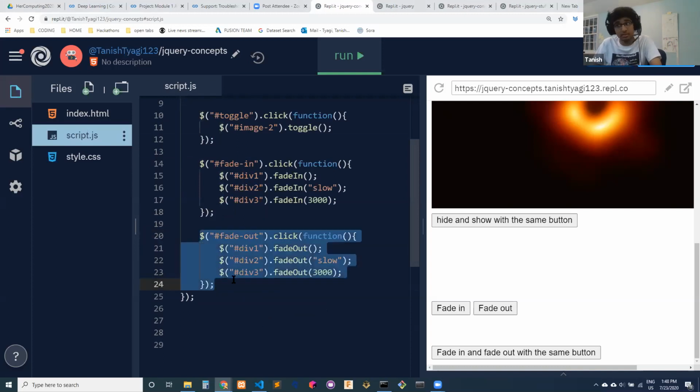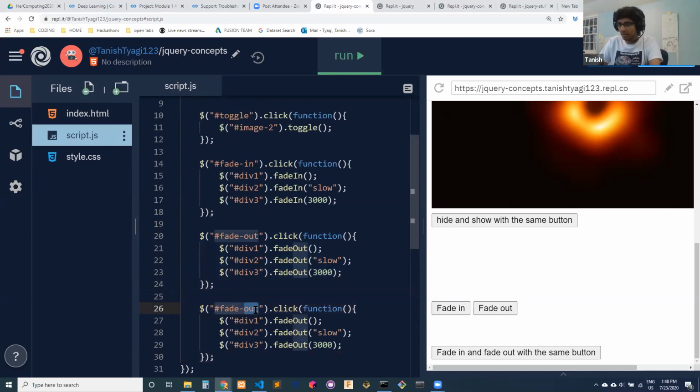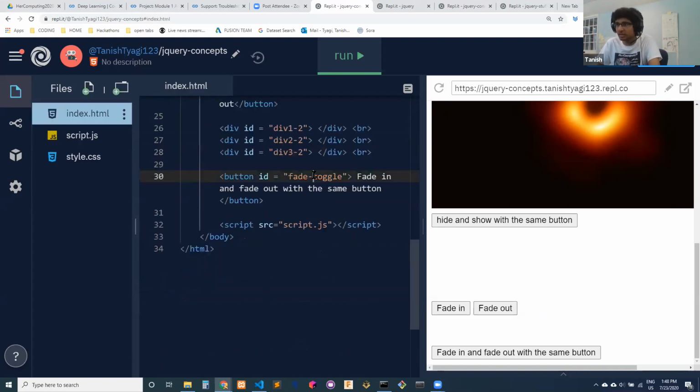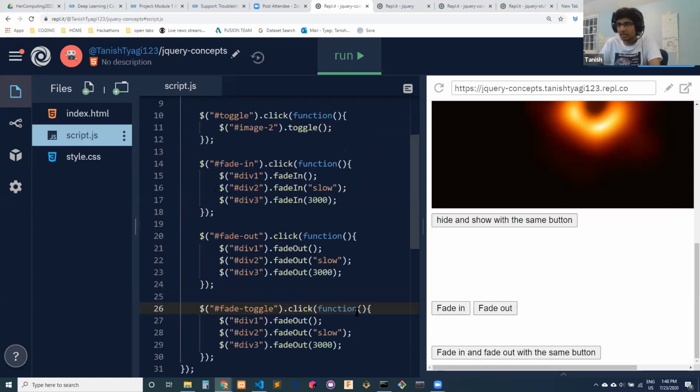So now this is very simple here. We're just going to copy it again, hit fade out, and change it to fade toggle. So that is the ID I was using, fade toggle. Go back here, that click function, div 1, we just change it to div 1 dash 2 dot fade toggle. You can just replace all these fade outs with fade toggles, and they'll take in the same parameters. You can just do div 2 dash 2 dot fade toggle and div 3 dash 2,